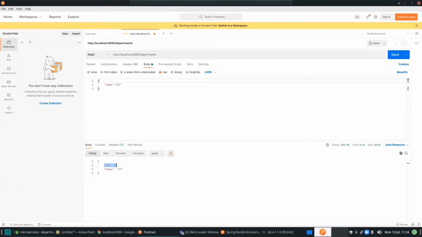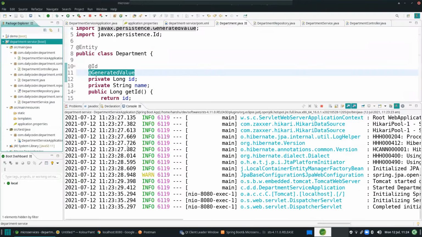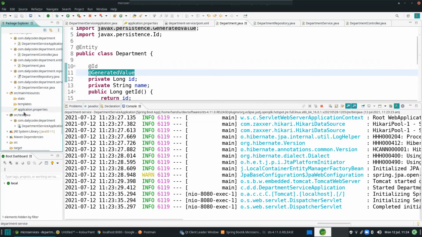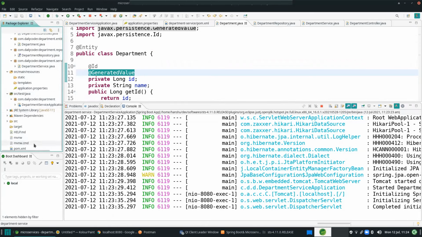Basically, we did not add any URL, nothing we have added. So how is it connecting to the database? That is the magic of Spring Boot. If you have the dependency in your classpath, automatically it will create the minimum configuration for you, so it has created the H2 database and connected to the H2 database automatically.